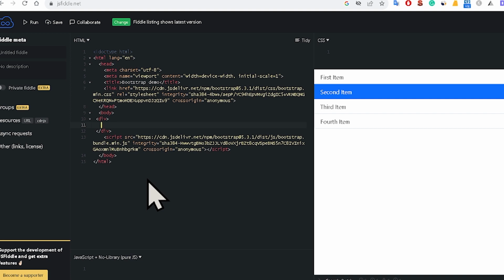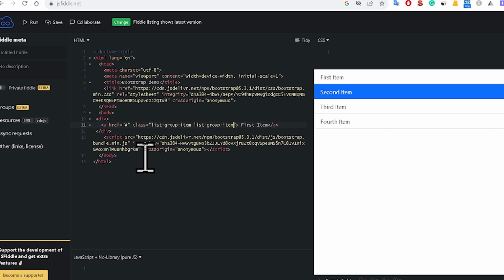Inside the div I have to use an anchor tag. I'm not giving any link, so that's why I'm using a. Inside the a, I have to give the first item. For the anchor tag, I have to use a class, list-group-item, and again list-group-item